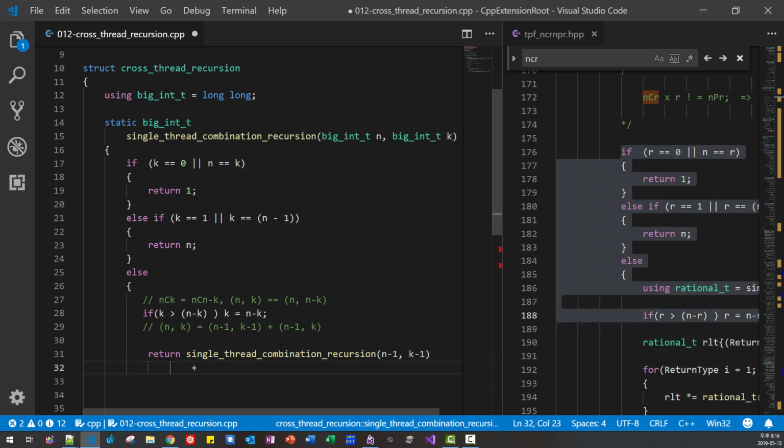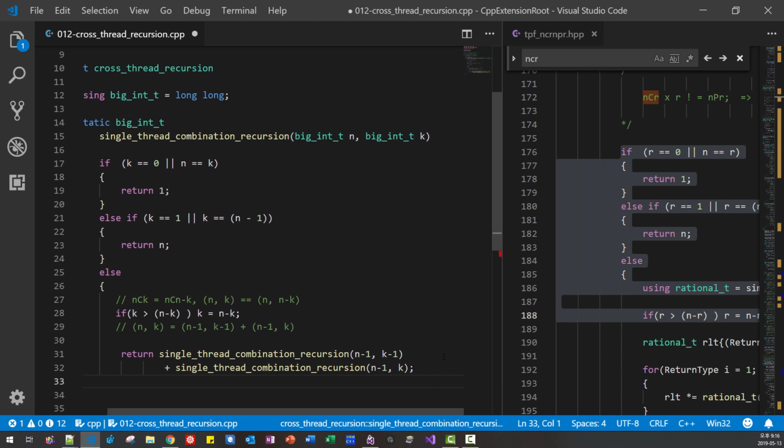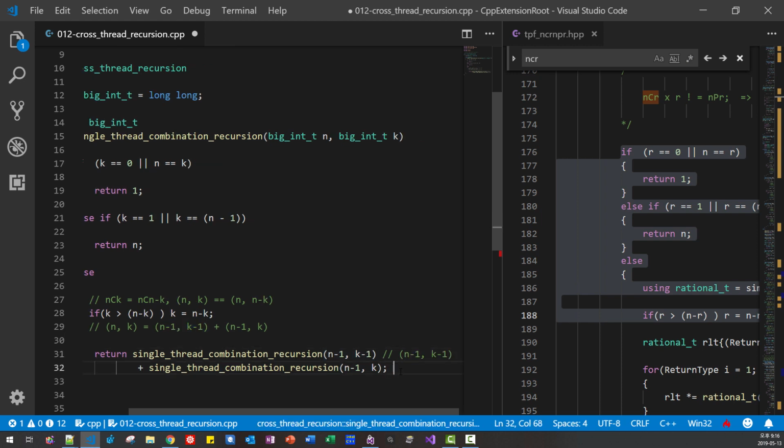Plus, I'm calling this function again recursively. Then this is k. So I'm basically using recursion. Then this amounts to this part, and this amounts to this part.